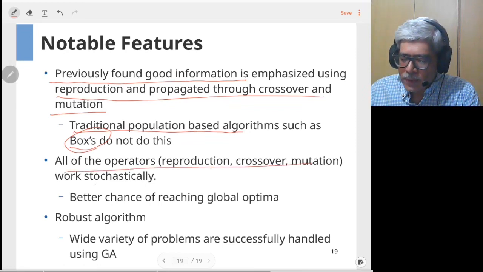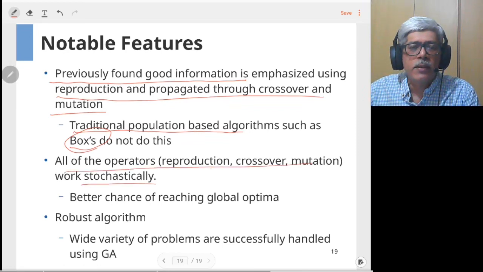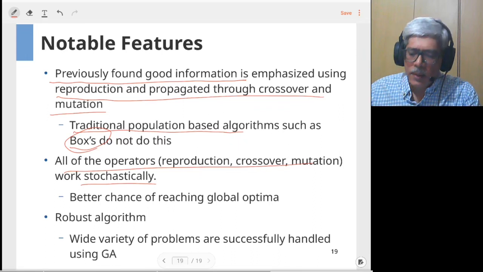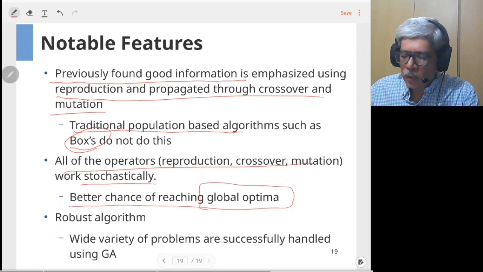Another notable feature is the stochastic nature, or the probability based decisions that are taken. Each of the operators, that is the reproduction or selection of the parents, crossover or formation of the offsprings, or mutation, which is to induce diversity in your population, all these operators work on probability. Because you are introducing some kind of randomness, there is a better chance of reaching the global optimum.